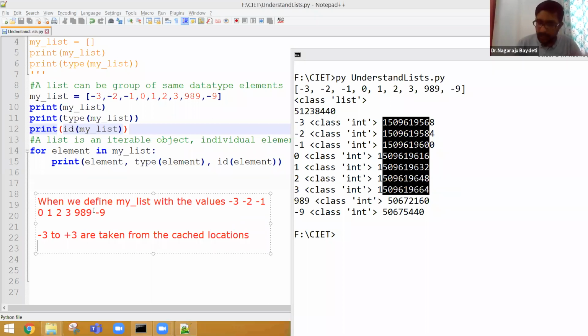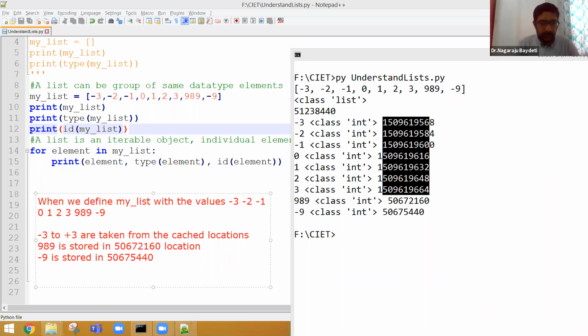Then 989 is stored in 50672160 location, and -9 is stored in 50675440.